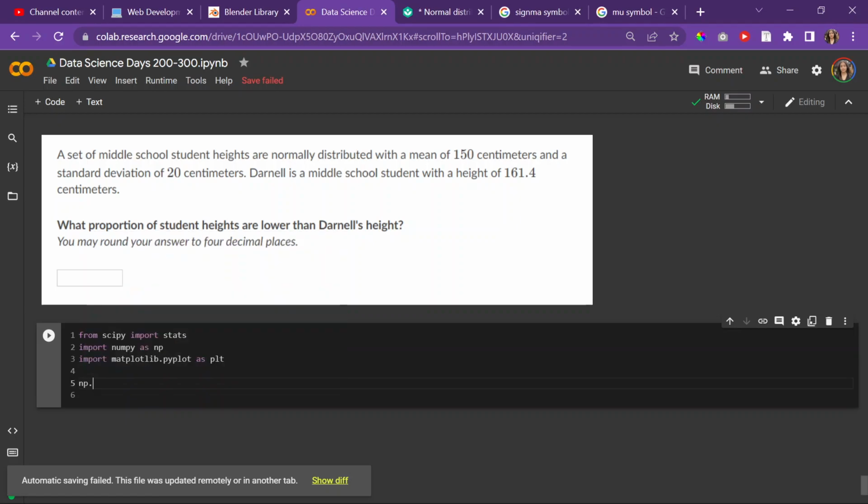So first of all, I'm going to do np dot linspace. Linspace is a function that basically creates an array for you. You can think of an array as a list, but it's a little bit more complicated than that. It starts from a certain point and ends at another point, and then it takes however many points in between that you want it to have. So if we talk about a mean of 150 centimeters and standard deviation of 20, then maybe we want to start at 100 and end at 200 and have 1,000 values in between. And if you run that,